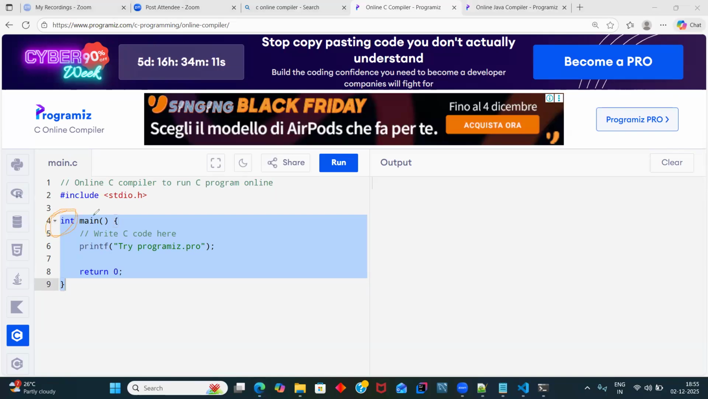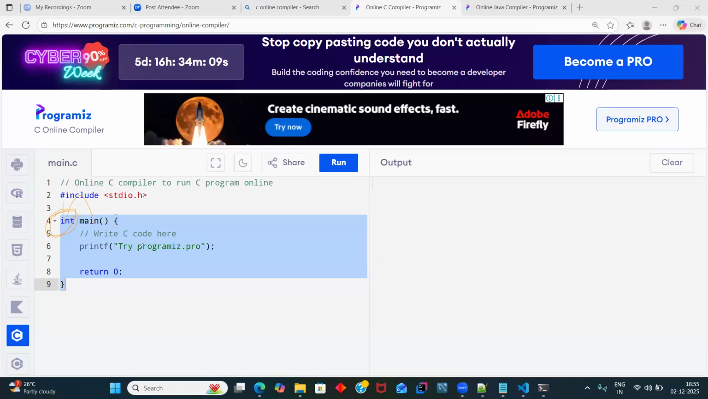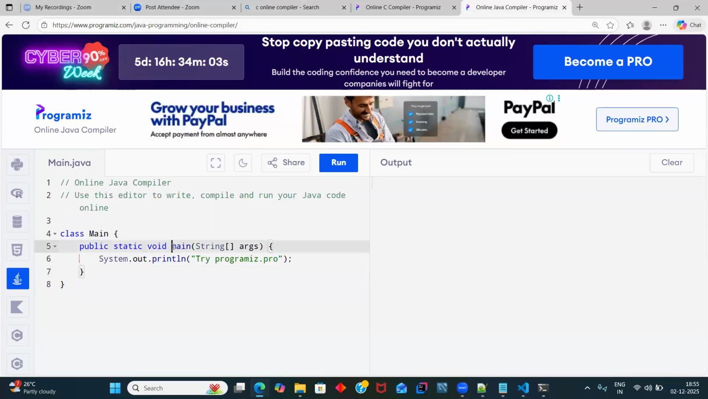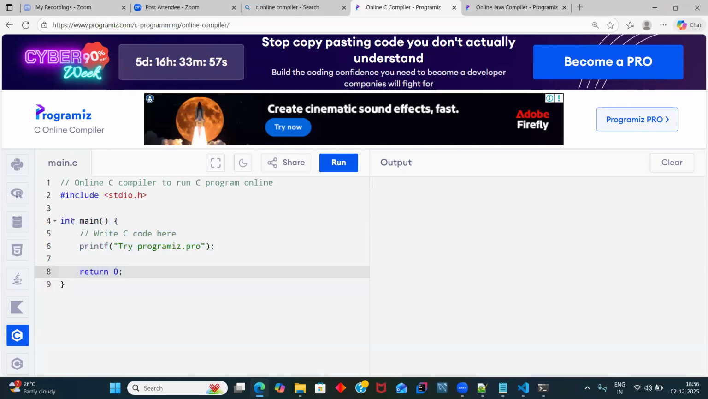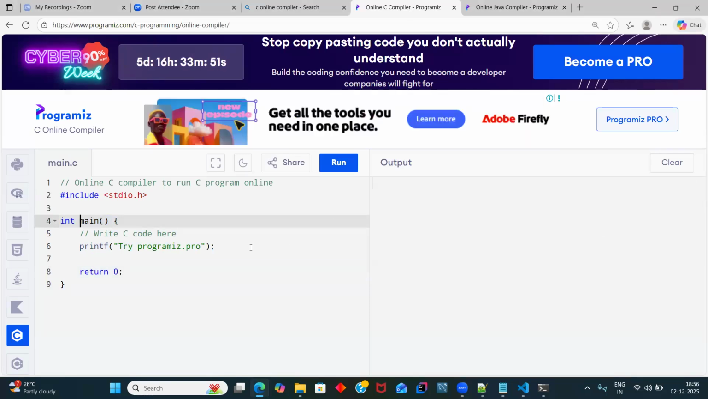The return type. So in C, main is returning some value, right? Whereas in Java, main will not return anything, so it always should be void. I'm sure if you practice in your Turbo C, if you write void also it will work. So what I want to highlight in C or Java,